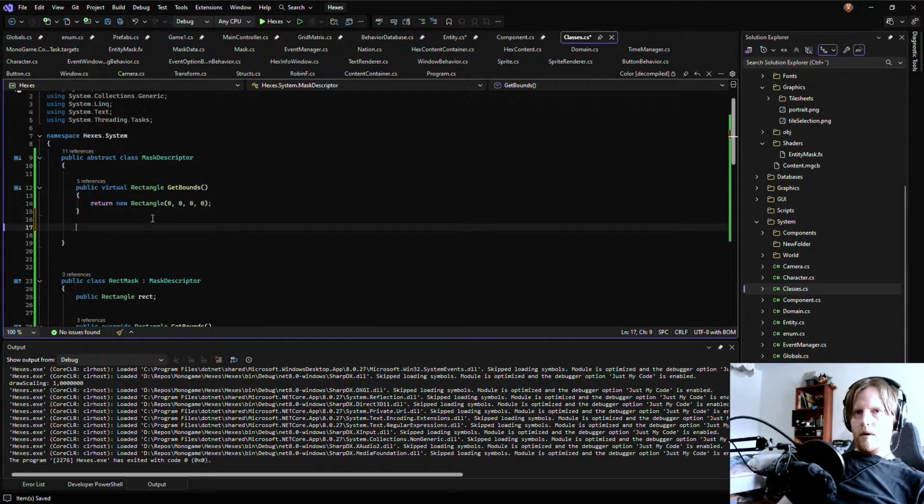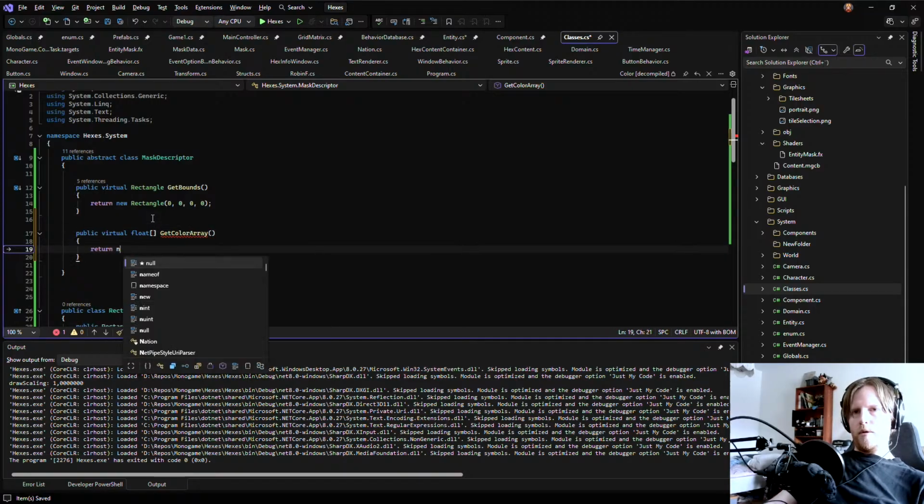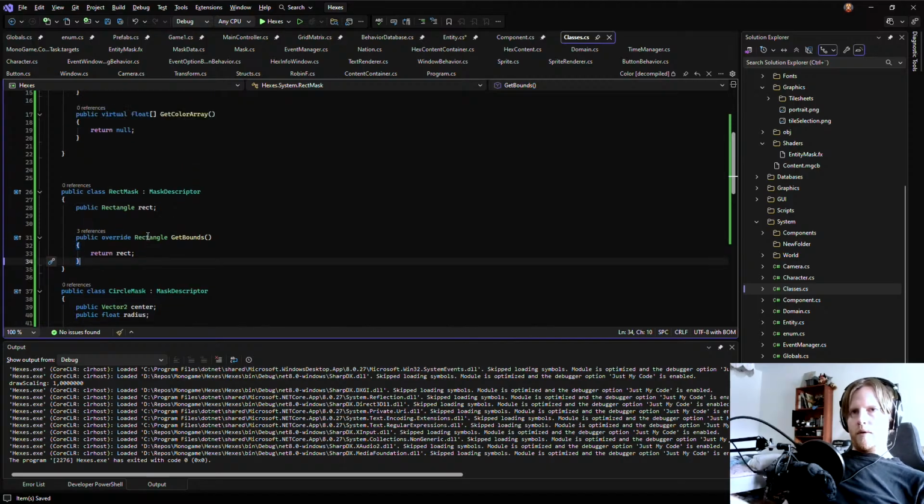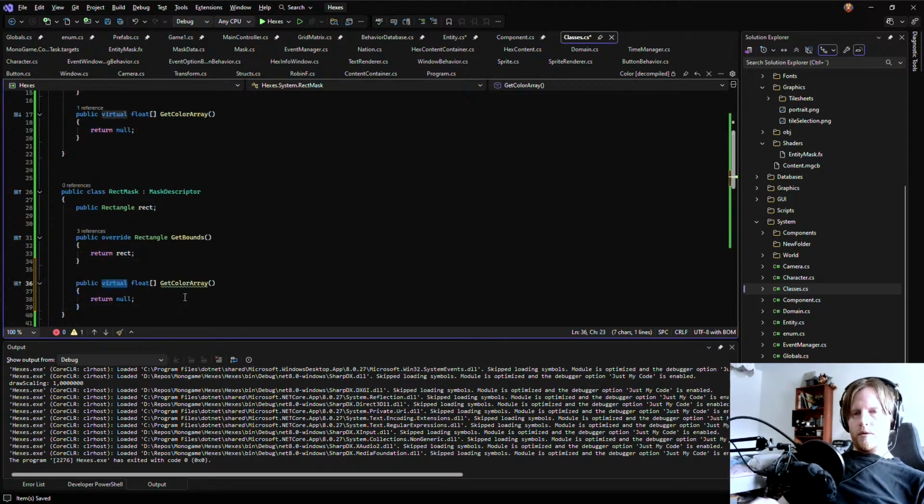And here, that's where we want a public float get color array. Return. You can't return. No, you can return a null. It's an array. And then we have to do this. Get